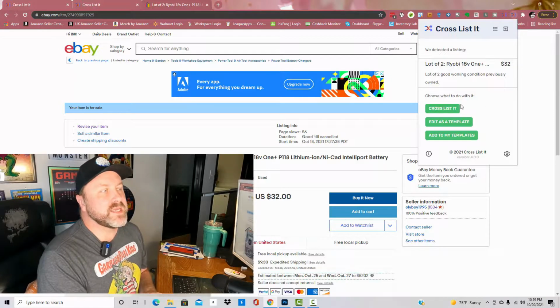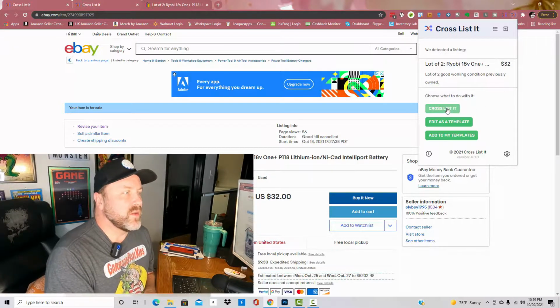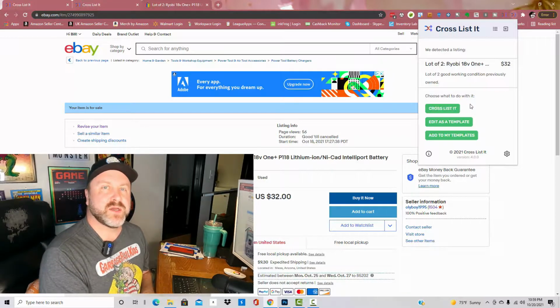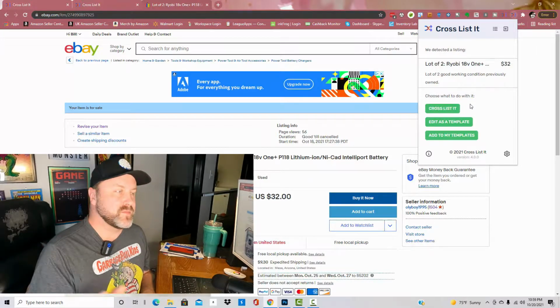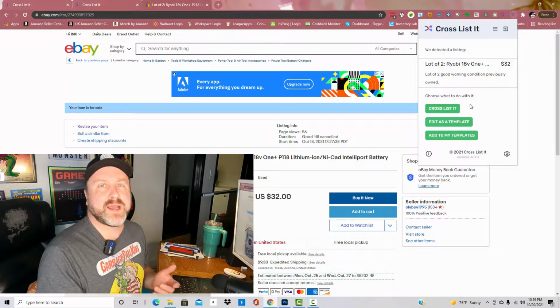so you know what it is when you're looking at the extension window. Now, it's going to give you 3 buttons here, and I'll explain what those do before we list anything. Now, the CrossListit button, this is the button that will let you take the item that you're currently looking at and list it on multiple platforms. So this is what we'll do here when we actually list it on, like, say, Mercari next,